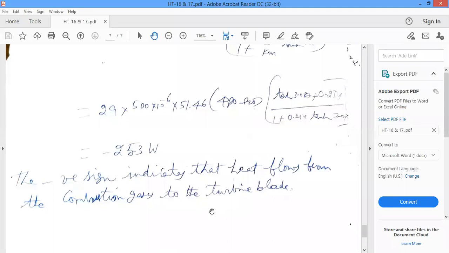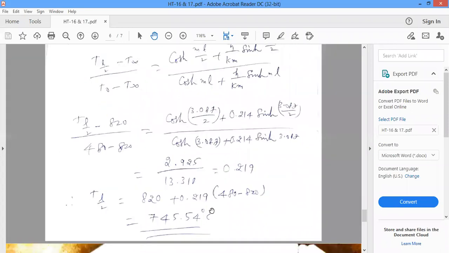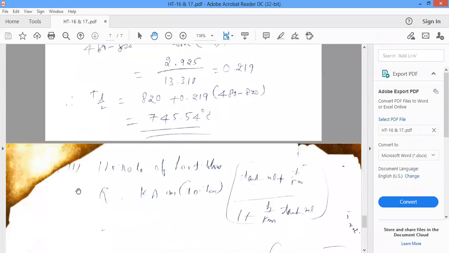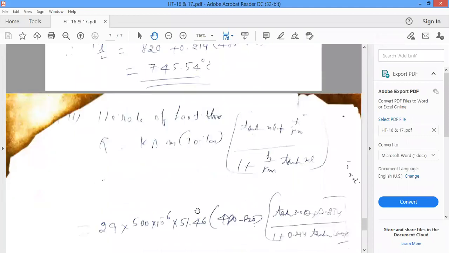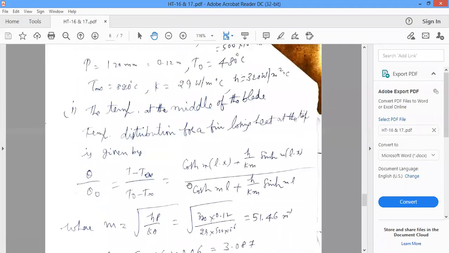Like that. So we have to solve a number of problems on the fins. Fins are also a very, very important topic. For the three types of fins, the temperature distribution equation and heat transfer rate equation are to be derived and you have to solve the problems. First case, lengthy fin. Second case, insulated fin. Third case, short fin. For the short fin, this is the heat transfer rate equation, and this is the temperature distribution equation. As I already told, temperature distribution, that's why fins are a very, very important topic.